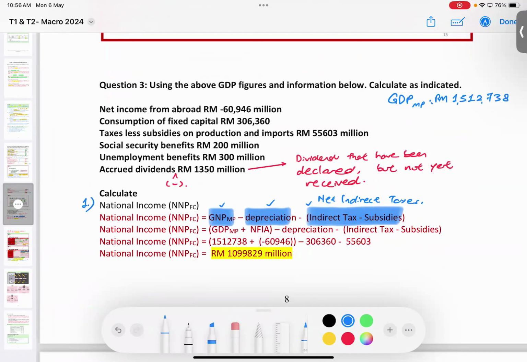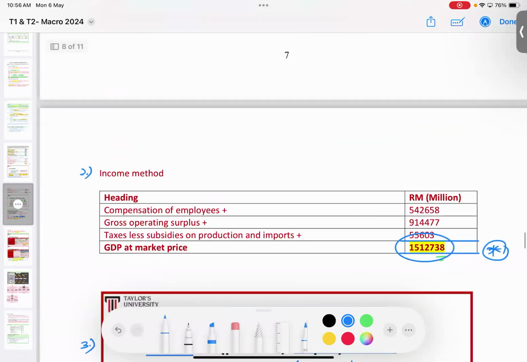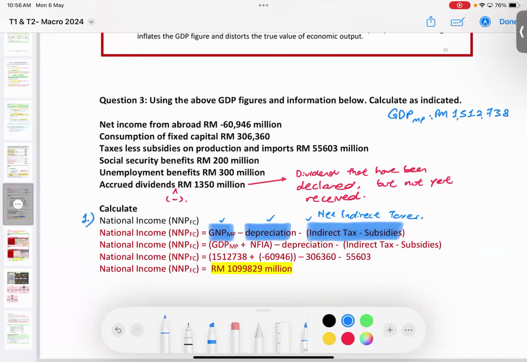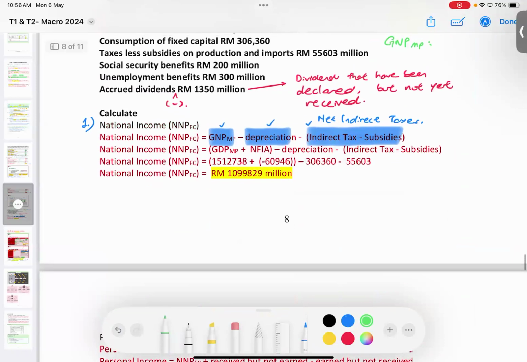Okay, that's the GDP figures from what we have calculated just now. So now I need to convert this GDP into GNP. How? GDP convert to GNP, how? I want to convert into GNP at market price. So domestic change to